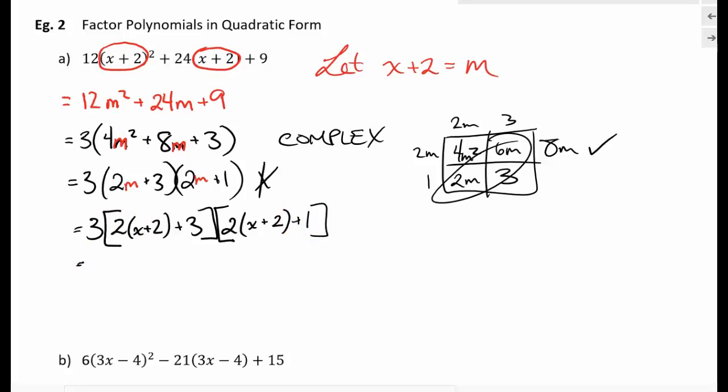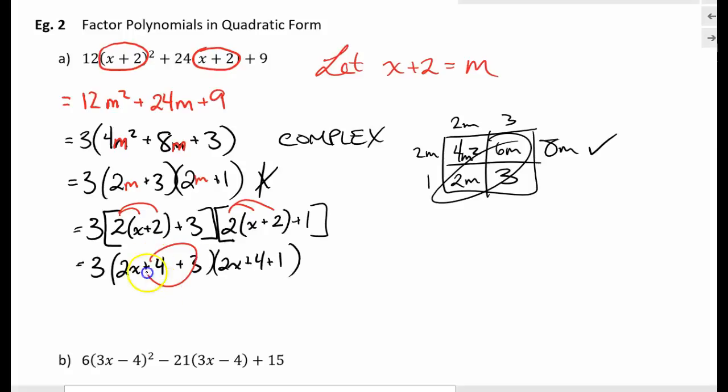From here, I'm gonna have to do a little bit of expanding, a little bit of distribution, a little bit of FOIL, however you want to think about it. And so I end up with 2x plus 4 plus 3 and 2x plus 4 plus 1. Am I done? Not yet, because I've actually got some like terms within those brackets. So I've got 3, 2x plus 7,